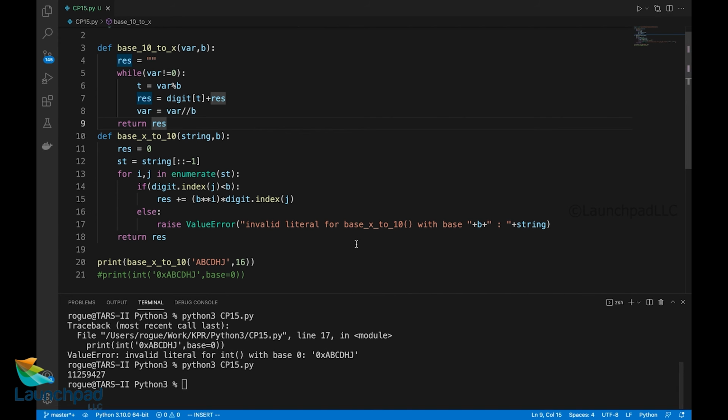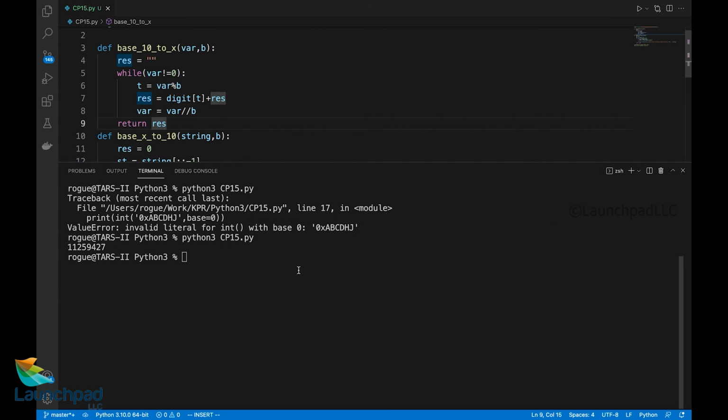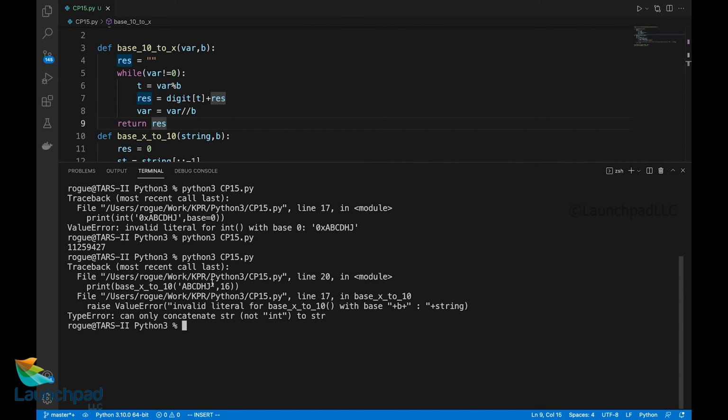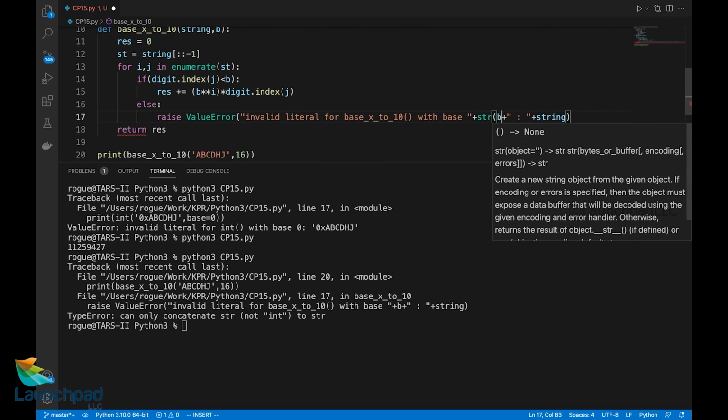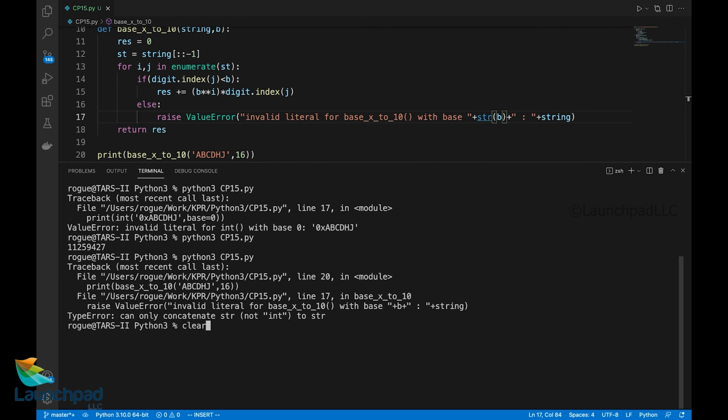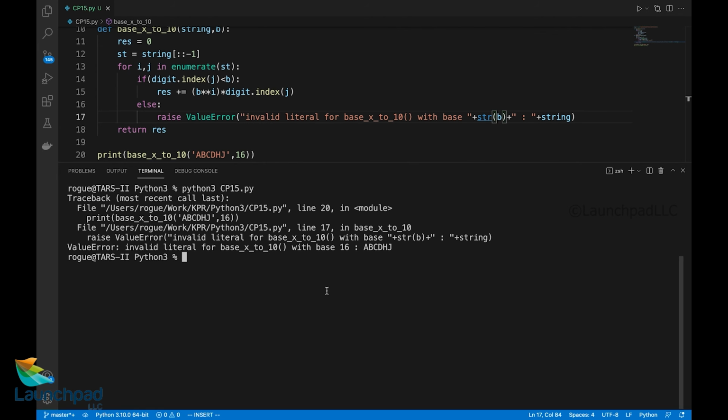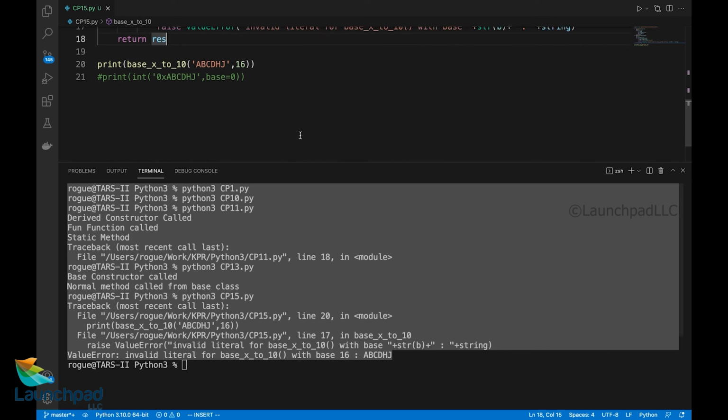Now let us try running this particular code. Let's clear it and run this. Now you could see it has raised the error which we created right now, which says invalid literal error.